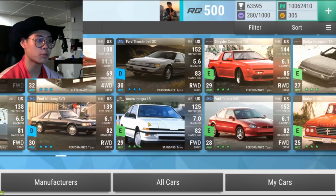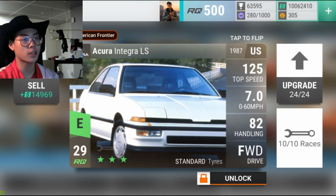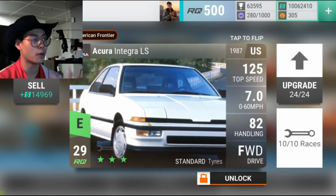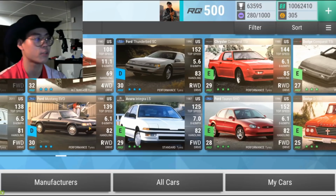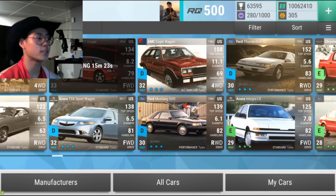Anyway, last one's the Acura Integra LS. This was one of the first American Frontier cars I got. Haven't really used it that much, but once again, it's a new car. It's American Frontier. I'm keeping it. I'm maxing it. Moving on to the rares now, a lot of these I kind of just maxed because